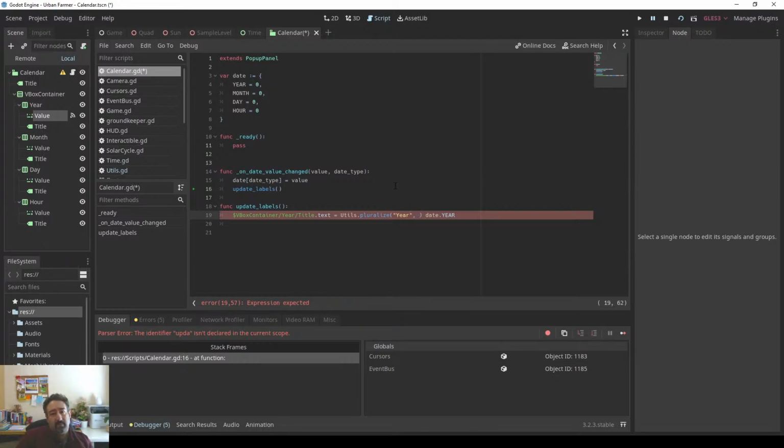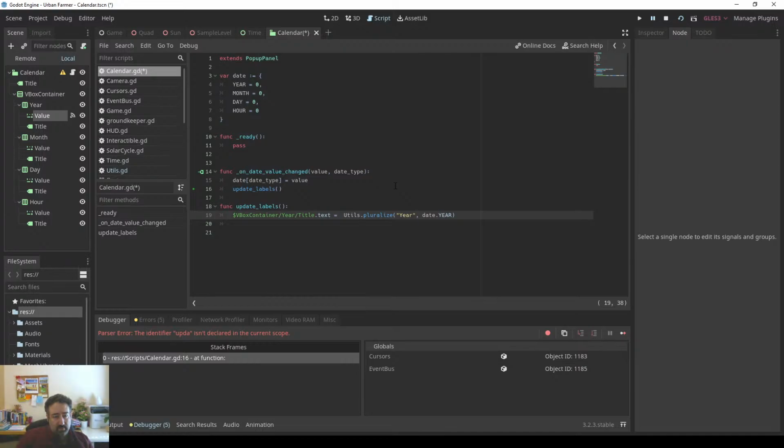Value, a singular case of. So this is going to return year or years, but we are still not displaying the